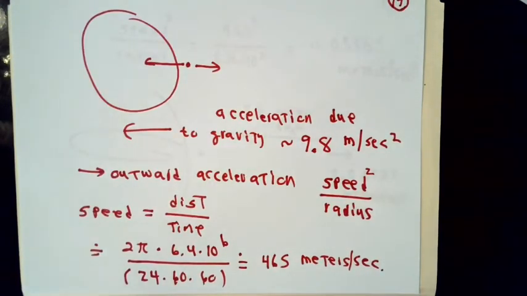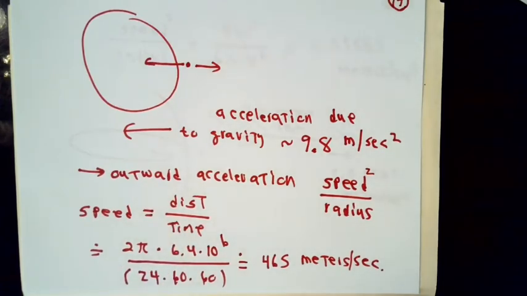Near the surface of the Earth, objects are attracted towards the center of the Earth, and in free fall would experience an acceleration of about 9.8 meters per second squared. On the other hand, if you are going around in a circle, there is a certain outward flinging tendency. The magnitude of that outward acceleration is speed squared divided by the radius. So let's figure out how big that is. The speed is the distance